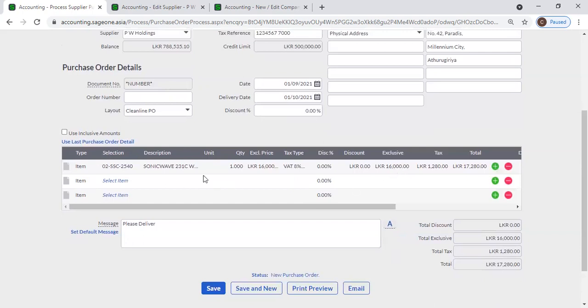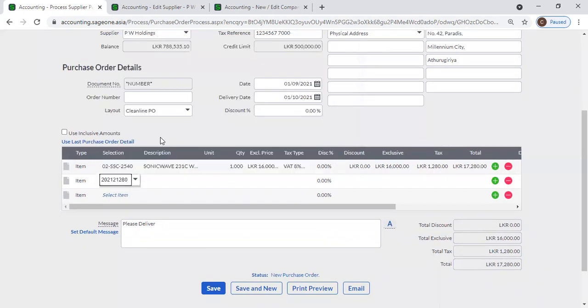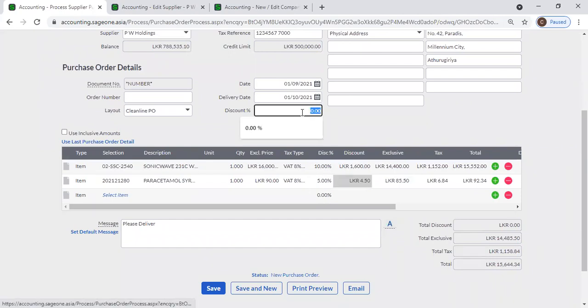And also, if you want to give a discount item-wise, for example, for the first item you want to give 10% discount and for the second item you want to give 5% discount, in that case you can use this line discount percentage. If you enter the discount percentage here, it will apply for all items. Now if you are giving different discounts for different items, you can use this line discount percentage, or else you can enter that